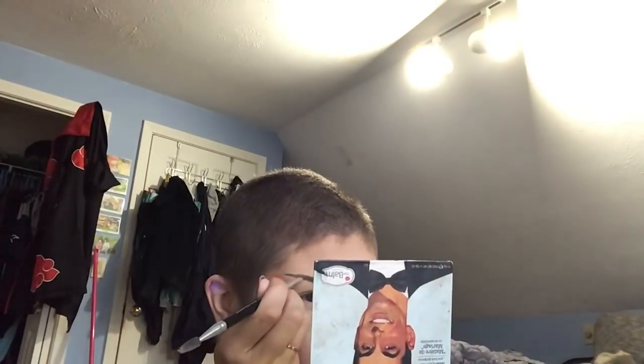So essentially what I do with my eyebrows is I pretty much underline the whole bottom and then I go back in and do the top. I don't touch the outer fourth of my eyebrow until the very end, just because I feel like that's the part where you kind of have to gradient it and make it look a little more natural, because block brows are very